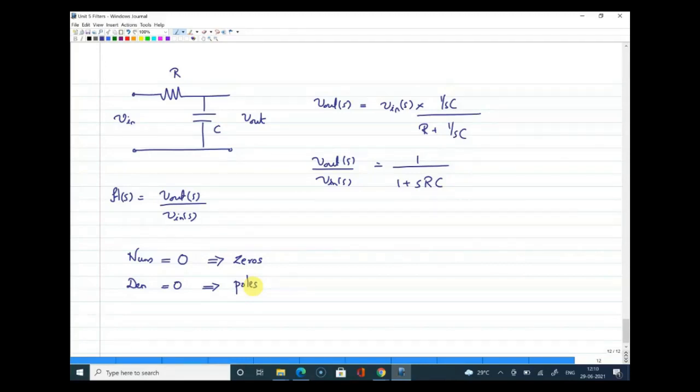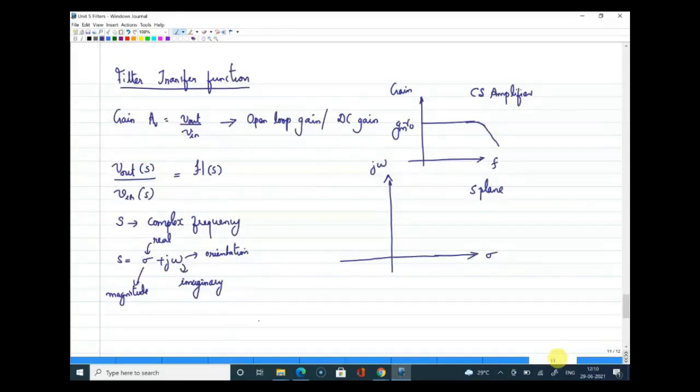Yeah, so I'll give you a little more details of this in stability when we do stability. So maybe I'll just review what we have done so far. What I have told is transfer function is generally written in terms of frequency. Yes, I'll explain, Amitesh. Transfer function is something we write the relation between output and input in terms of frequency. And the frequency here is called the complex frequency, which has two parts: a real part and an imaginary part. Real part is what is controlling the magnitude, and the imaginary part is basically controlling the orientation of the wave.